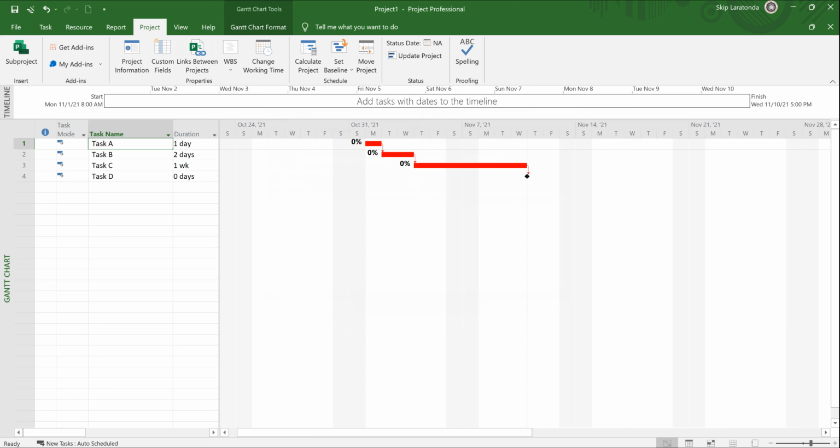So what I ended up doing is I ended up scheduling my project based on a start date, and it calculated that finish date for me based on the durations that I had. Now, the other thing that I wanted to point out is that